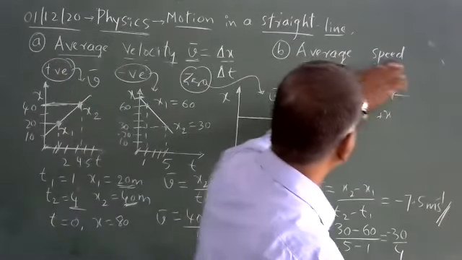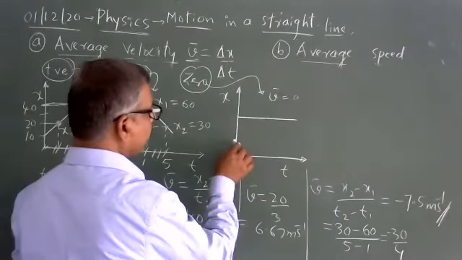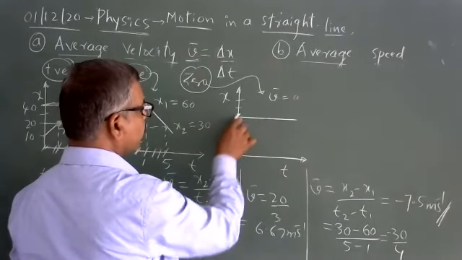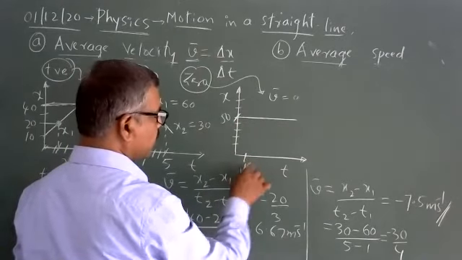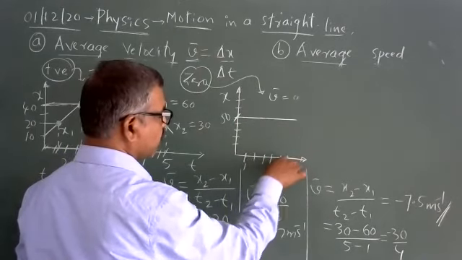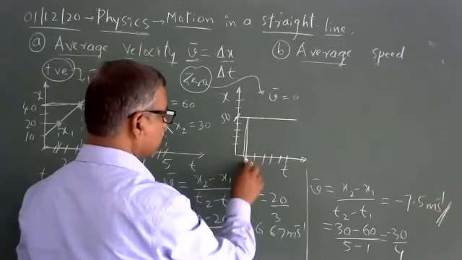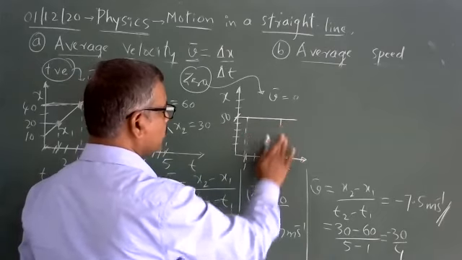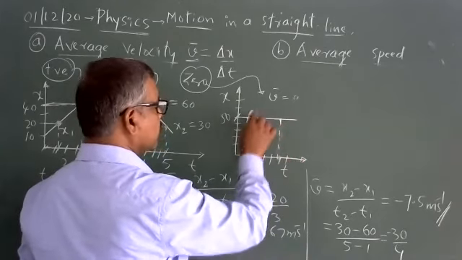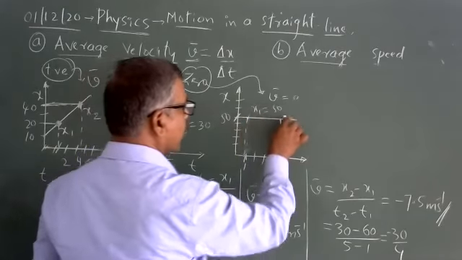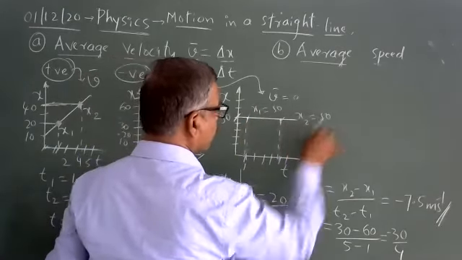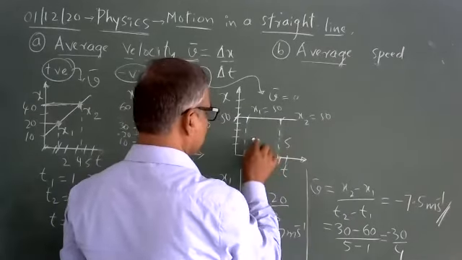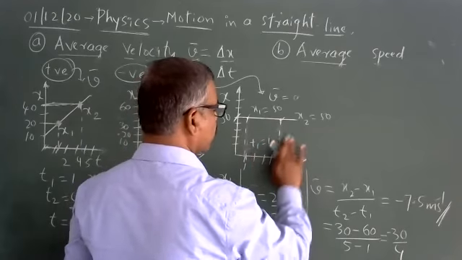This was a diagram. Now finally, when I take 10 meter, 20 meter, 30 meter, 40, 50, 60, 70, this is 50. And whether you take 1 second, 2 second, 3 second, 4 second, 5 second, 6 second, time is t1, 1 second, t2, you locate it. Similarly locate it here. This x1 equal to 50 and x2 equal to 50, whereas t1 equal to 1 second, t2 equal to 5 second.